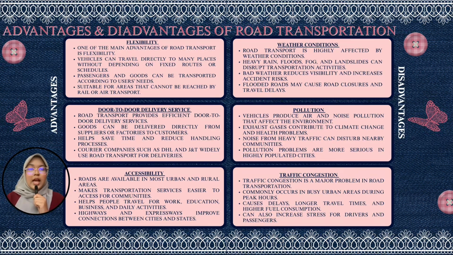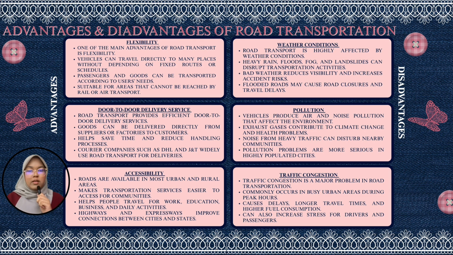Next, I will explain the advantages and disadvantages of road transportation. One of the main advantages of road transportation is flexibility. This means passengers can travel directly to many places without depending on fixed routes or schedules. People and goods can be transported according to users' needs. For example, delivery trucks can send goods directly from factories to supermarkets, while buses and taxis can bring passengers directly